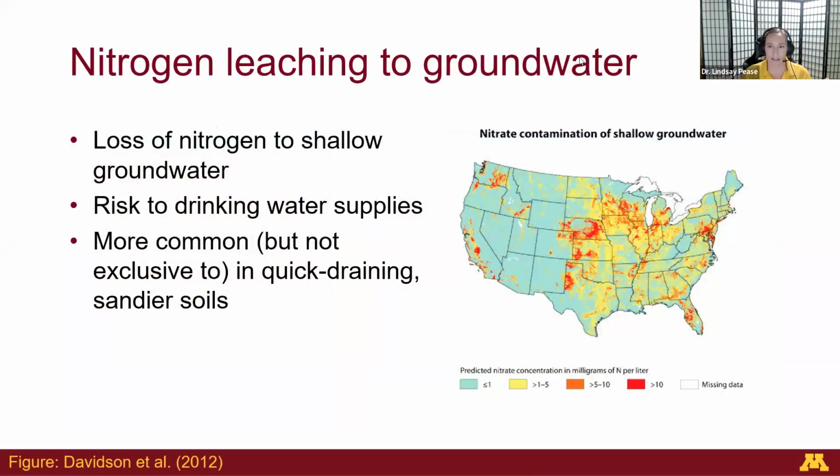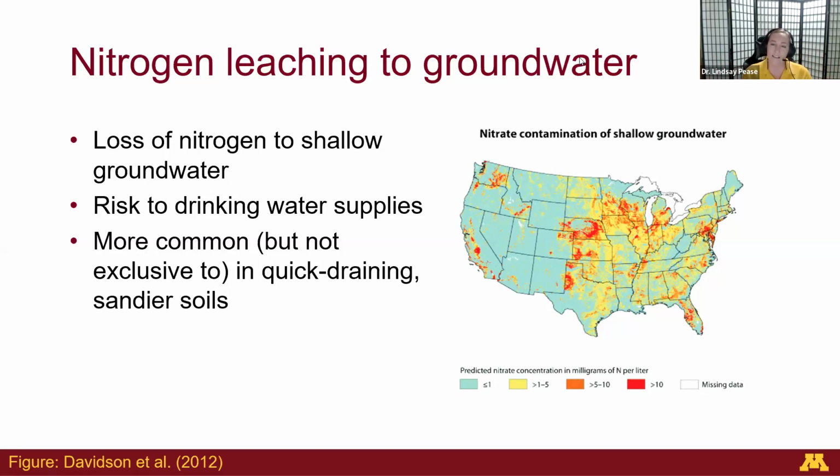The other aspect of nitrogen is nitrogen leaching to groundwater. Of course, Heather actually did a great job setting this up. That's really a risk to drinking water supplies and to communities that get their drinking water from wells. And actually, the water that I drink here in Northwest Minnesota comes from groundwater, so this is something that I am interested in too. My local watershed doesn't really have much of an issue, as you can tell from the map. We don't really have as much of an issue with nitrate in the groundwater, but I know this is a major, major concern for many communities as well.